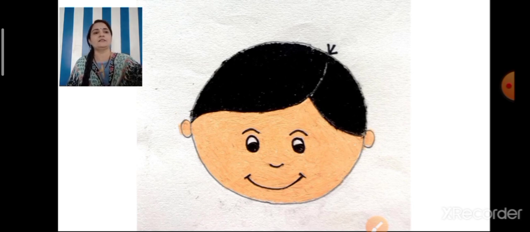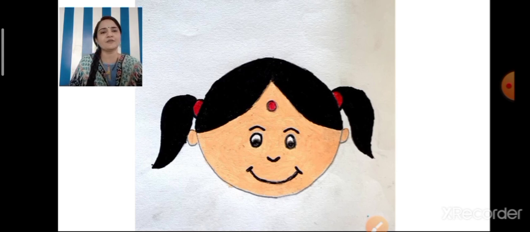Now let's color girl's face. You have to color it similarly like boy's face. Only you have to give red color to the hair bands and bindi. Okay. So color it nicely and slowly.